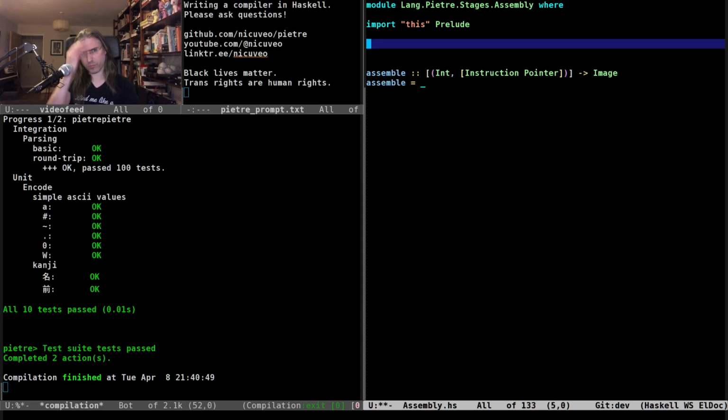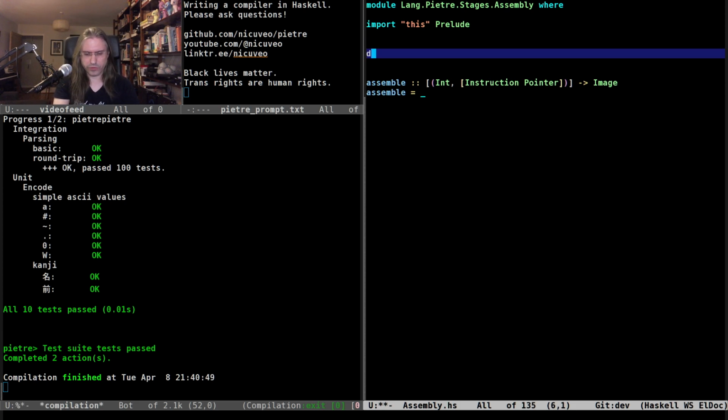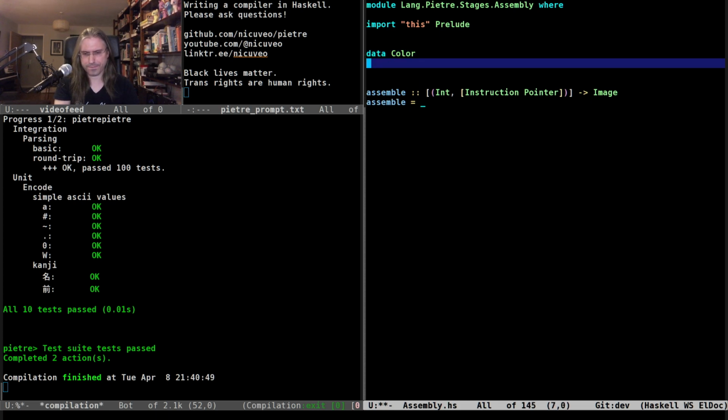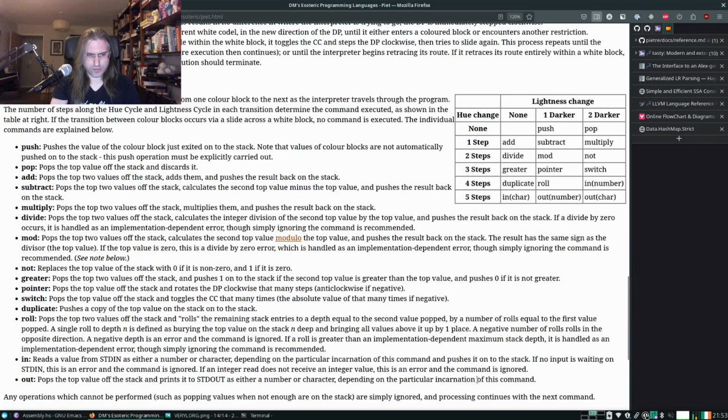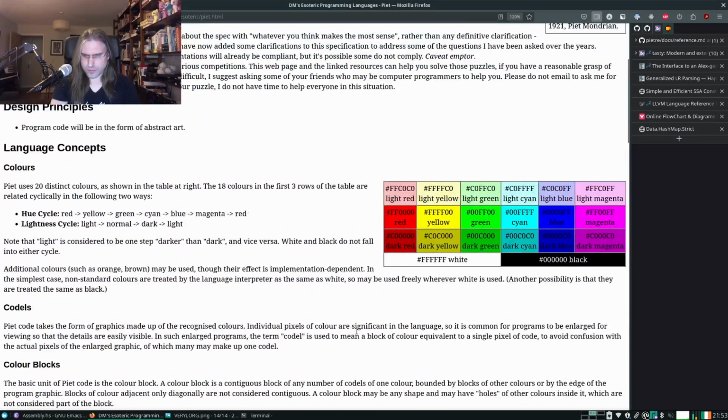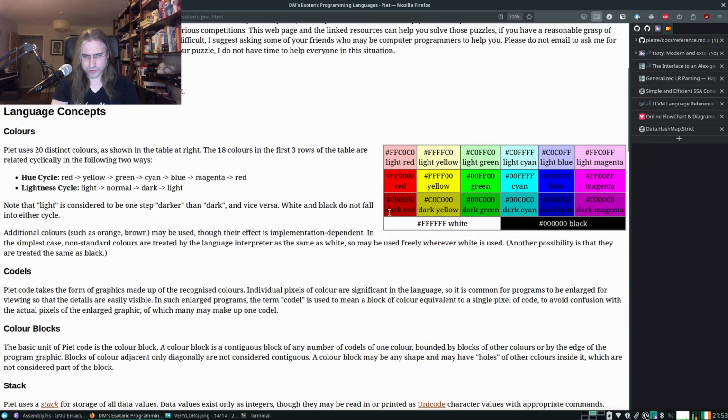So this is going to require a few things. First, we are going to need to know about the Piet colors. Are they called... Yeah, they're called light, normal, and dark.